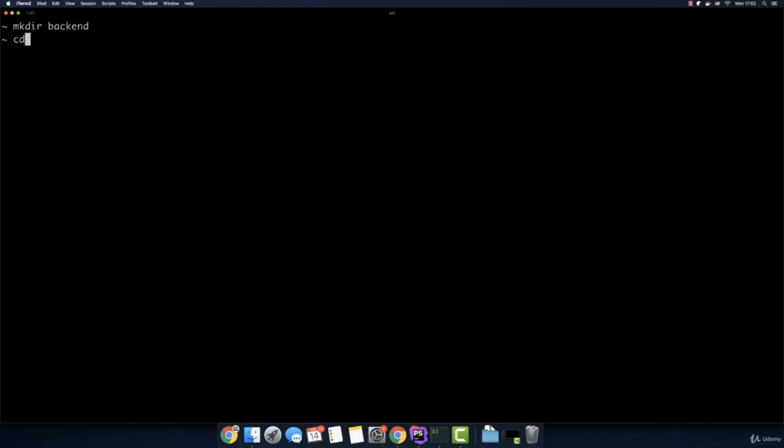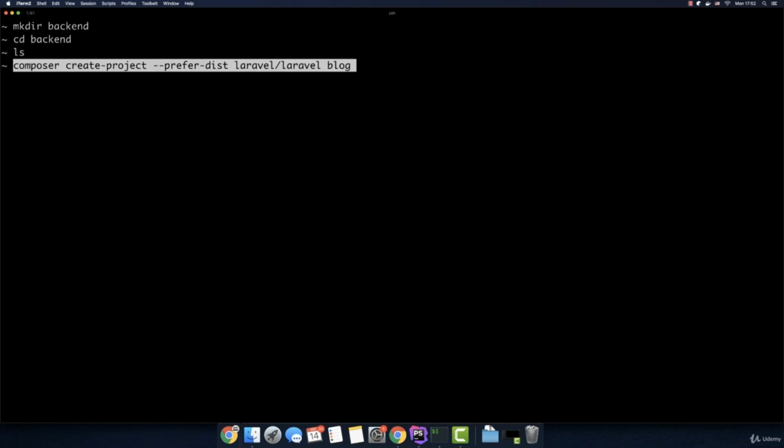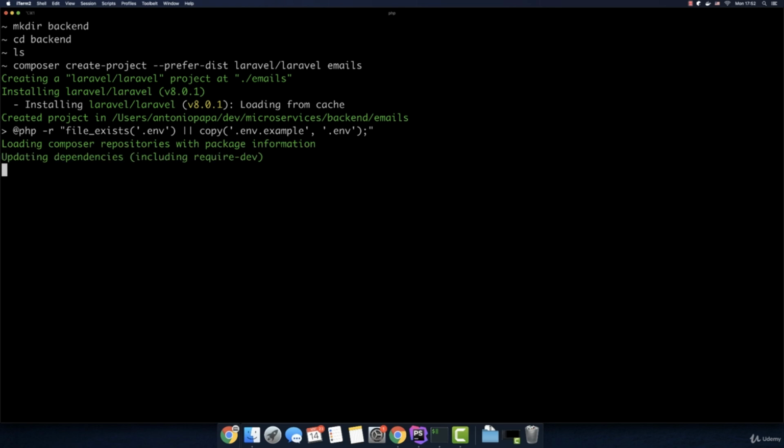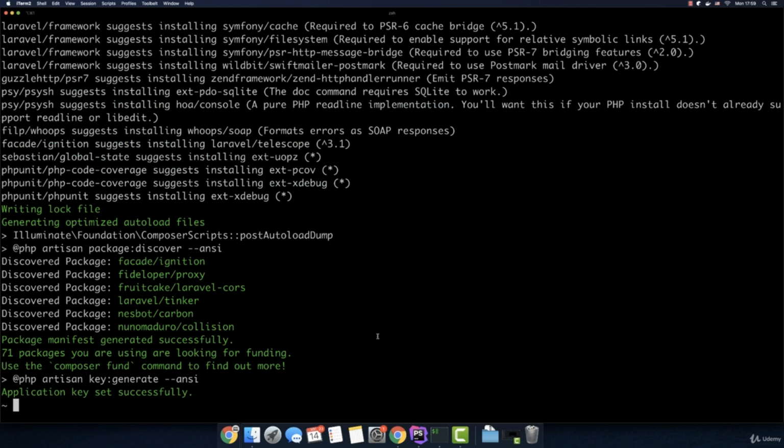And here inside the backend folder we will create our microservices. So the first one, I will paste here the new Laravel project URL, and this microservice will be called emails. So the emails is the easiest microservice for now to build. Let's wait till it's completed. Now that the installation is completed, let's go to the folder